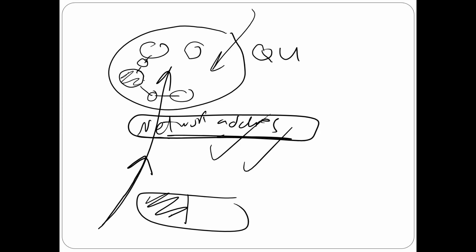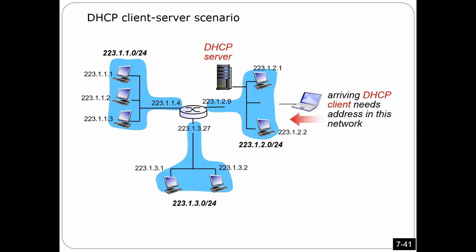So now we have network address, we have subnetwork address. Is that okay? So the outside world doesn't need to know the subnetwork addresses. The subnetwork addresses are used internally, inside Qatar University. Okay, that is why here,